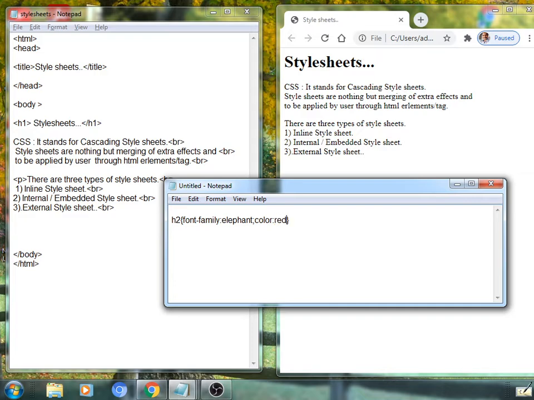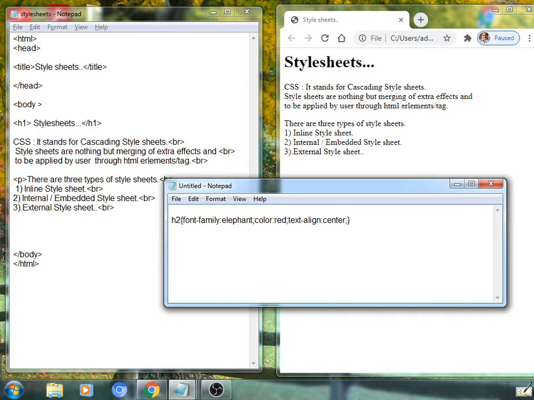So I have applied red here, and many more such properties can be designed and applied here, and this file will be linked. One more property I would like to apply again, text-align, colon, and its value will be left, right or center, whatever you want will be applied like this.